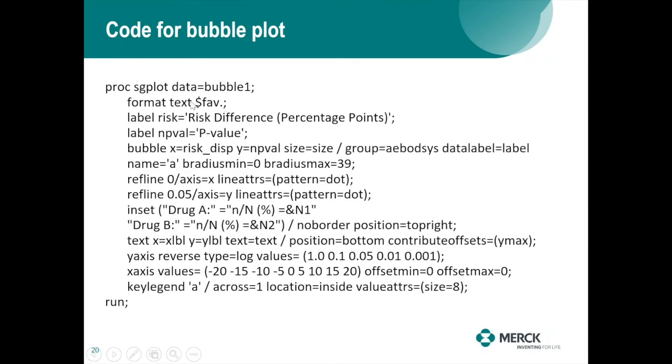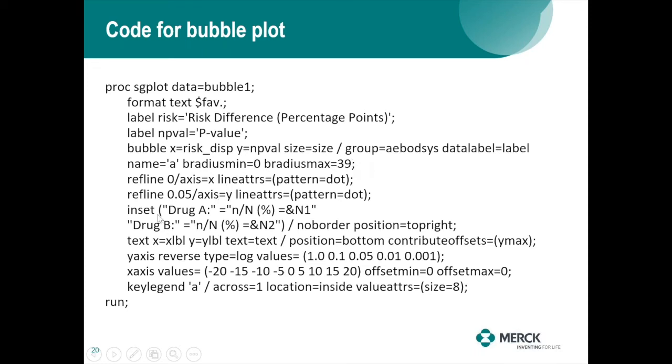And this is the code to generate the bubble plot. The only difference is we need to use the bubble statement instead of the scatter statement here. And also the size represents the size of the bubble. I gave the options bradiusmin and bradiusmax, to set the minimum radius it should start at and up to what number we can display the maximum radius of the